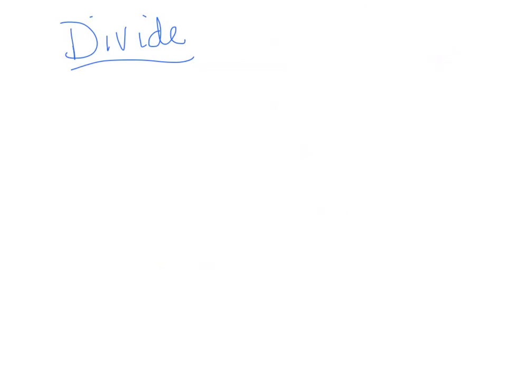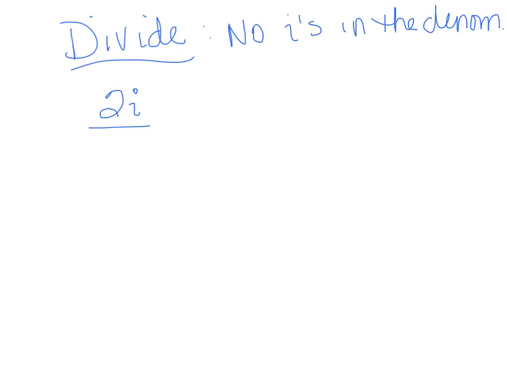Okay, the deal with dividing is a little bit different, and the thing to remember is we have a rule that we have no i's in the denominator. It's just something that is not allowed. Somebody wrote a rule, I don't know who it was, but we have to do this. So say you had what looks like a division problem in fraction form, 2i divided by, let's make something up, 2 minus 5i. So what are you going to do? I'm not allowed to have that i in the bottom. Well, what we do is multiply by, and it's both top and bottom,